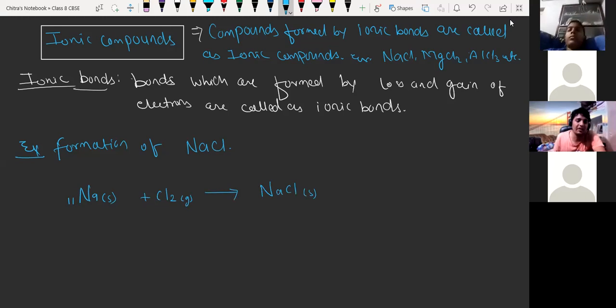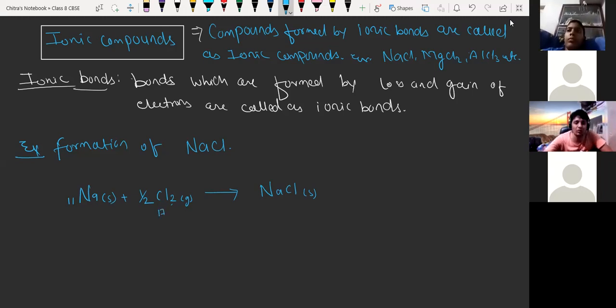See, on the reactant side we had 2 chlorine and here we have only 1, so we have to multiply by half. Half means we will take half mole of gas. So 2 and 2 will get cancelled and we will have only 1 atom. This is the way ionic compounds are formed, and we know chlorine has atomic number 17. So now we have to go through the process.